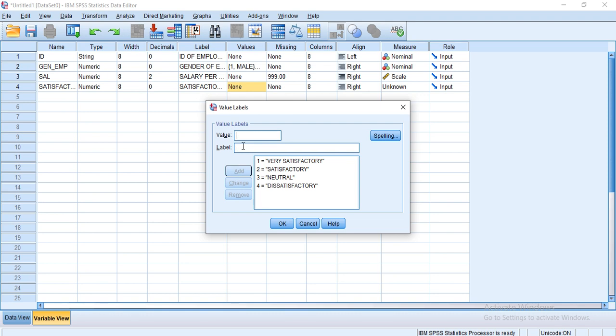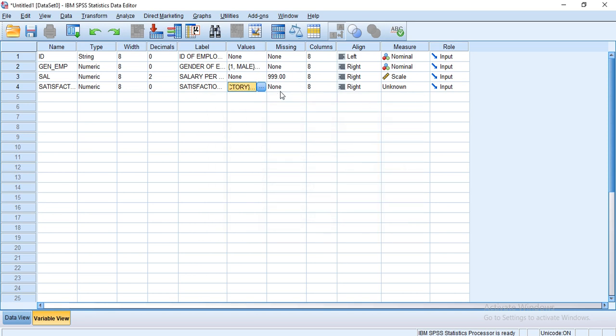While 5 is for very dissatisfactory. Add, then OK.